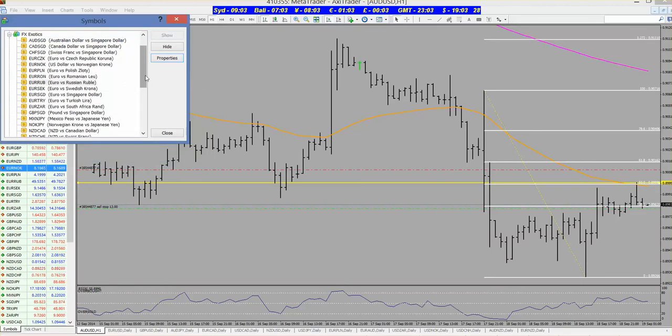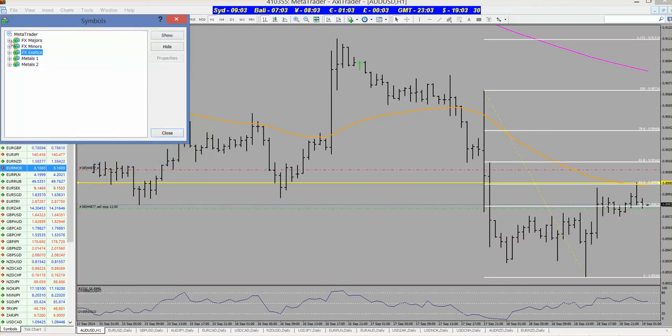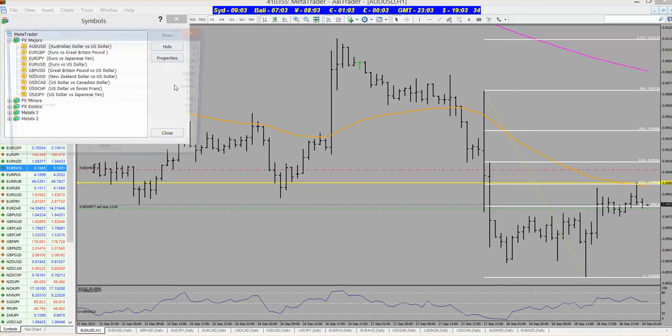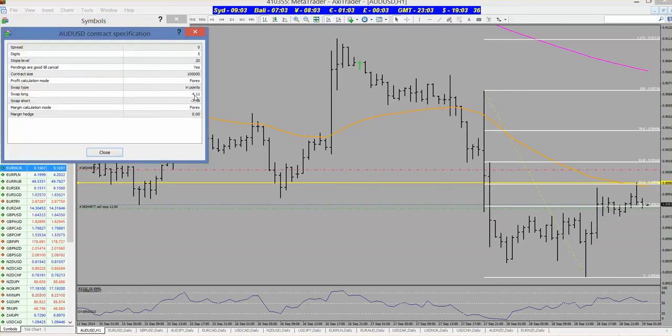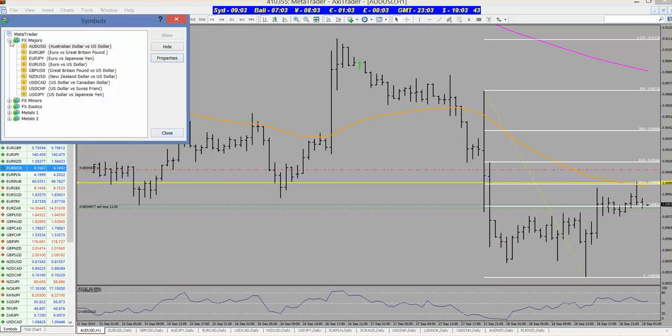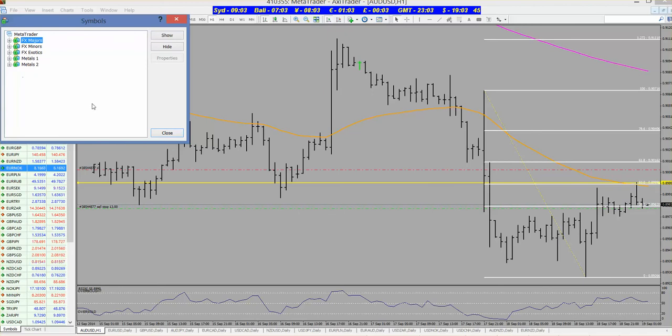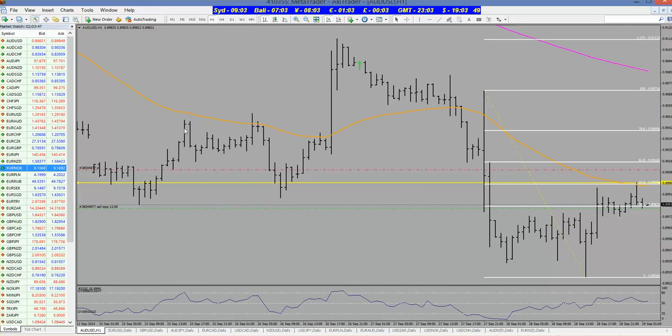and if you compare that to something that's not so exotic like the Aussie dollar, you're looking at 0.4 of a pip. So the majors are obviously going to be cheaper to trade than the exotics in terms of the swap rate. And the swap rate is not only about the volatility or how much is traded in that particular currency pair, but it's very much so indicative of the interest rates